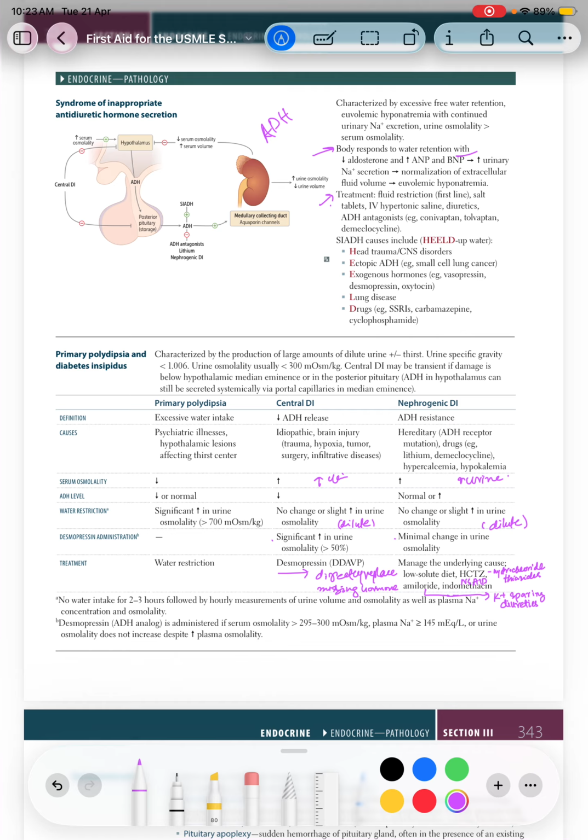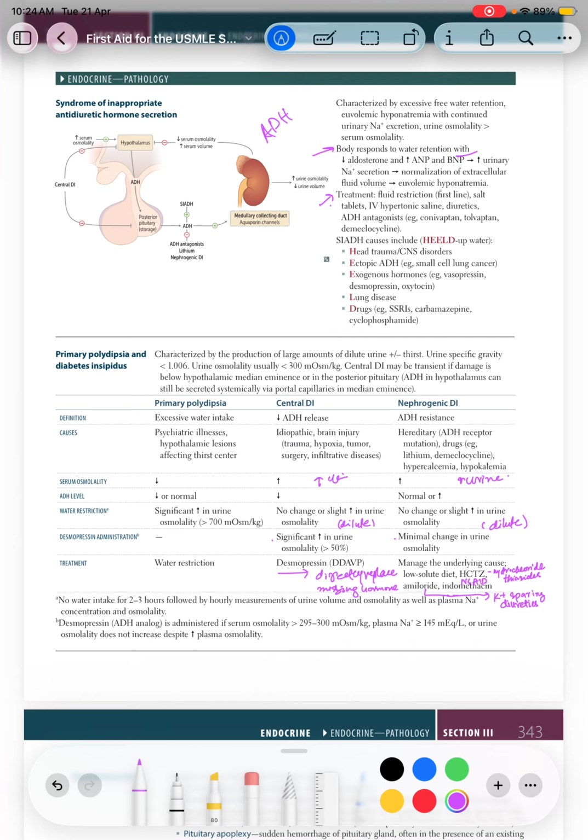Now, what are the causes of this syndrome? Head trauma or CNS disorder, as the hypothalamus is where ADH is secreted. Then, ectopic ADH: whenever ADH is secreted from any other gland, this leads to water retention, for example small cell lung cancer. Exogenous hormones, for example vasopressin, desmopressin, and oxytocin. If these hormones are coming into the body exogenously,